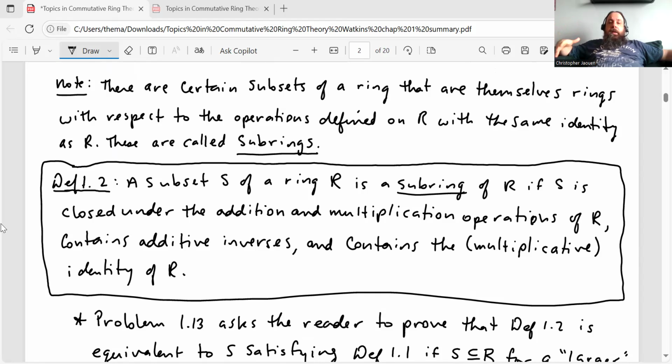In ring theory, we want to be able to build the same type of quotient structures, but it's not a subring that you want to quotient out by. It's actually something called an ideal. You want to mod out by an ideal, and if you do that, then you get something called a quotient ring. We'll look at ideals and quotient rings in chapter two of the book, but just to mention that here while we have the definition of subring, subrings are not really the important substructure of a ring. It's the ideals that are the really important ones. Anyway, let's get